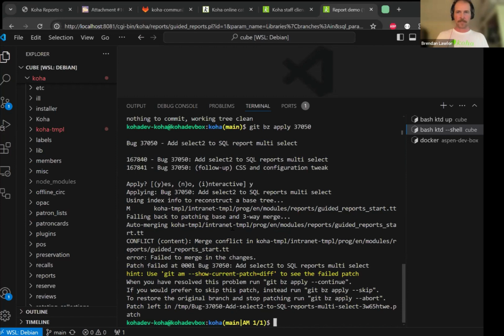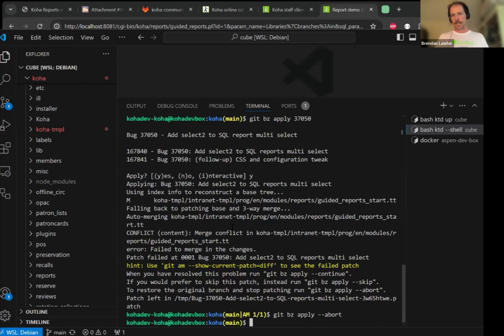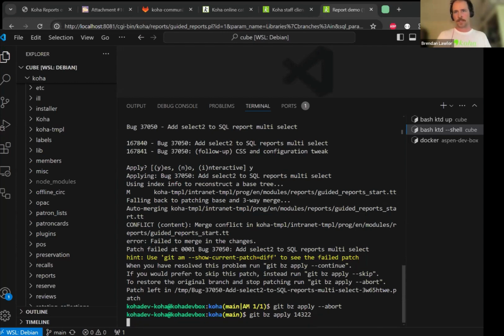I wanted to show that, but if you get here, you can just read these instructions and just do git bz apply abort, and then you'll be back to main with no changes applied. Anyways, I can show another one maybe. Let's do git bz apply 14322. So this is